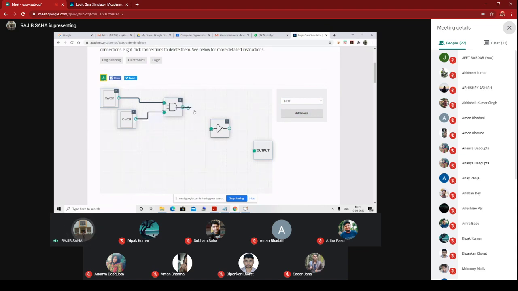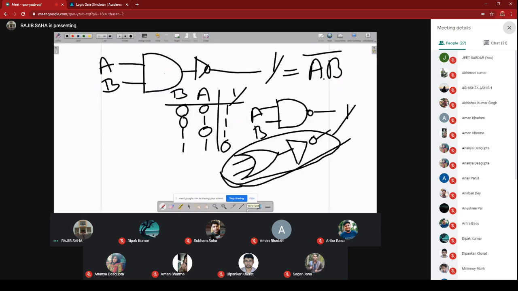And from this location, clearly you can see that just when I have connected, both are 0 and it becomes 1. Sorry, I have just done the opposite one.